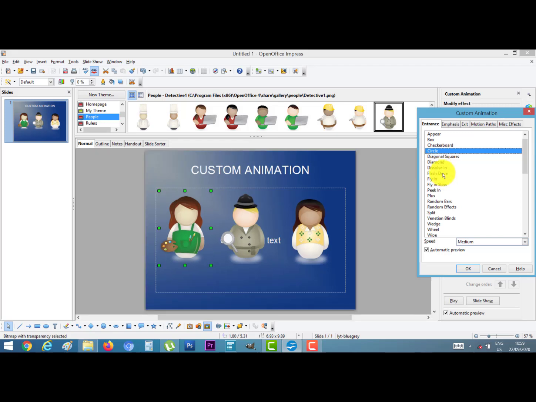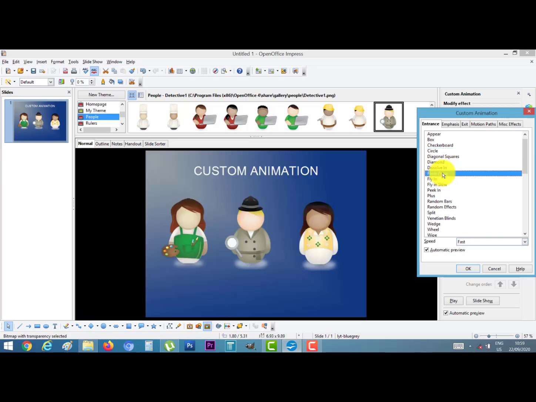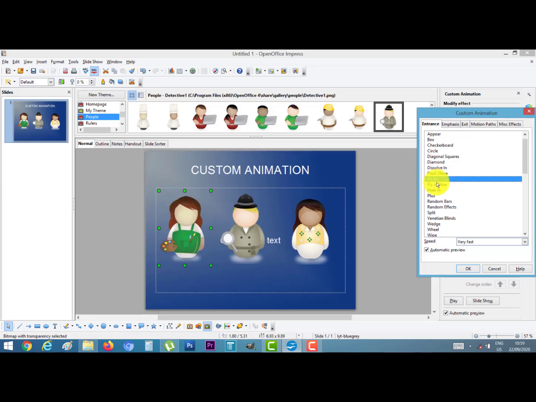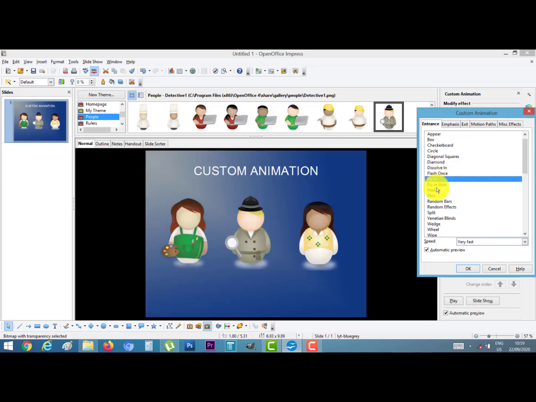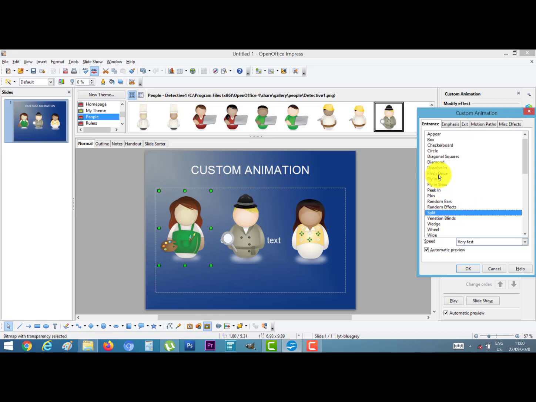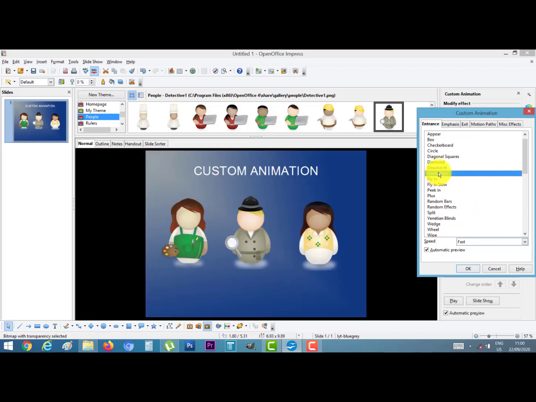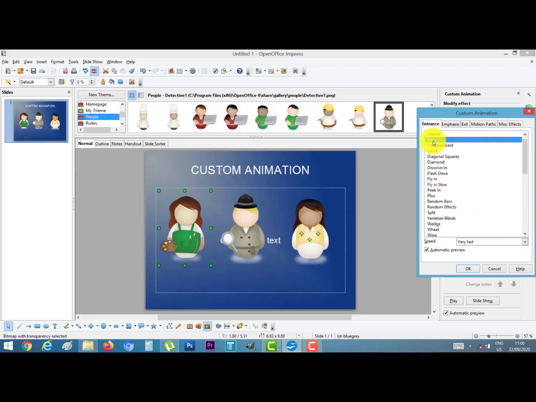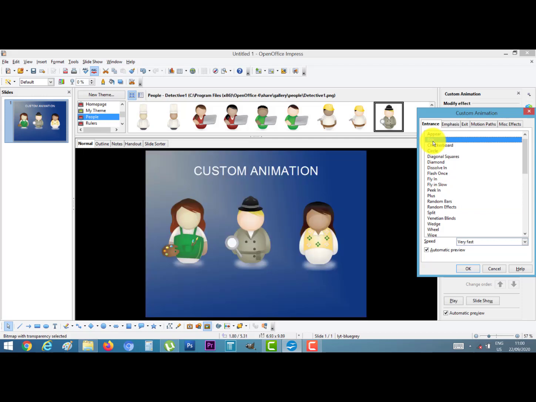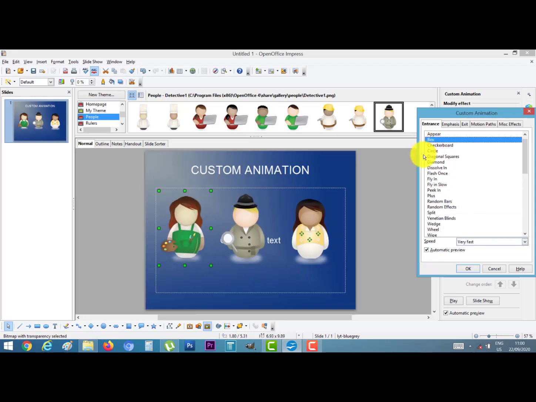You can select another. Fly in, plus. There are many different animations. Suppose I select this box and OK.